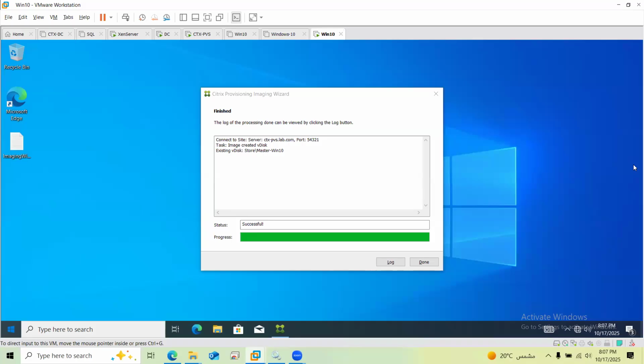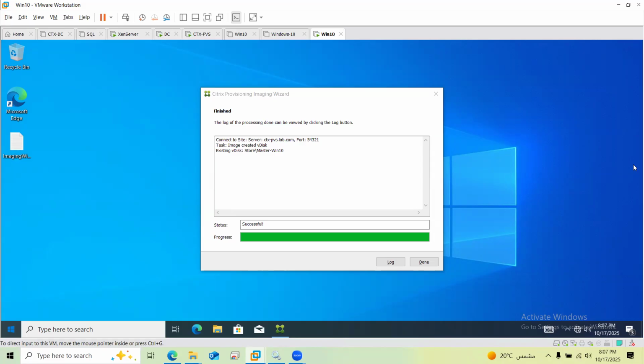Yeah. So now in PVS, we are not using cloning capabilities. We are using streaming capabilities, and for streaming, we need to take one master image. On that, we need to install the PVS target device software, and that target device is converted into a vDisk. So then, this first device, when it is converted into a vDisk,